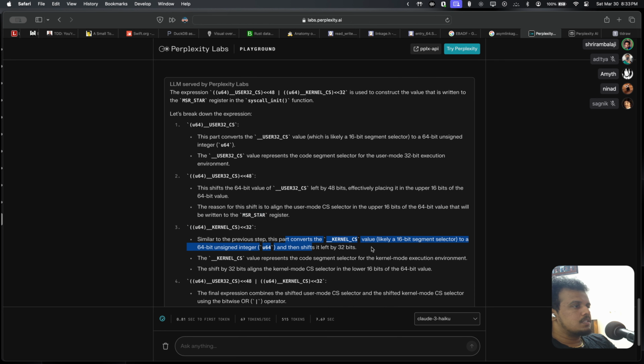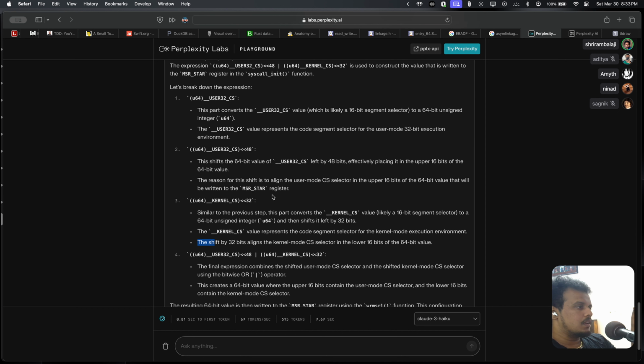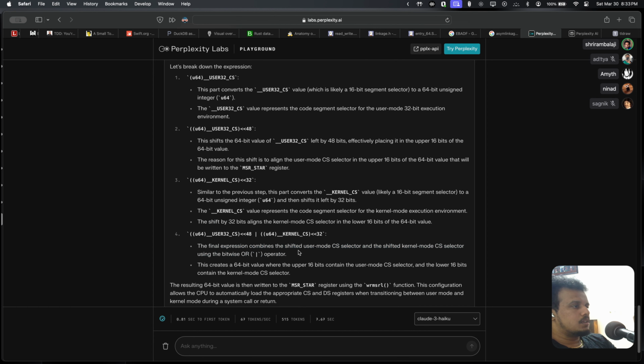Similar to the above step, that converts the kernel and shifts it to the left by 32 bits. So this represents the code segment, and the shift by 32 bits aligns the lower 16 bits. What we have done is essentially taken the 32 bits and put that into the first 16 bits of the 64-bit MSR star register. The final expression combines the shifted user mode selector and the kernel mode selector using a bitwise OR. So we have done a bitwise OR on the user mode code segment and the kernel mode code segment. We have bit shifted them and put them into the first 16 and the last 16 bit segments of the